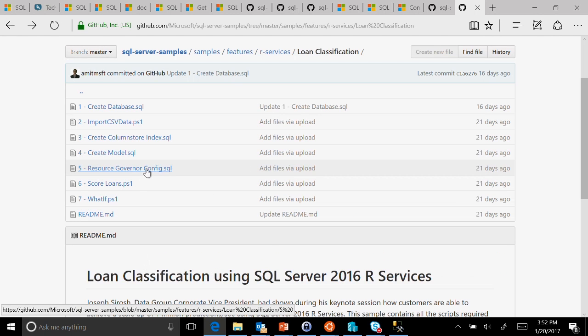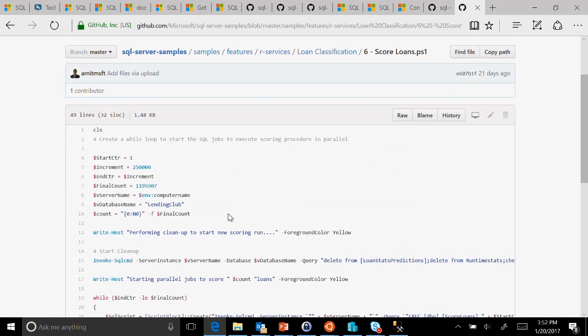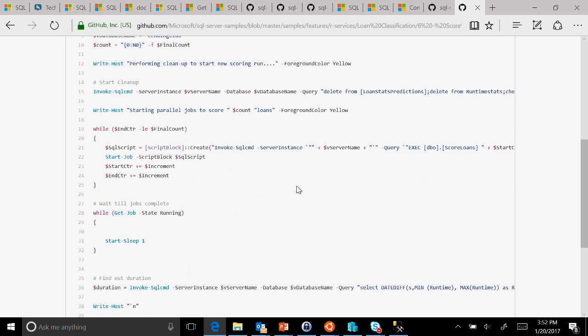So then you create the model, and then you create a resource governance pool, so R runs and it governs. And then this is the scoring, which is a PowerShell script that then you can call and look at this stuff, right? So there you are. All you need is SQL Server Developer Edition, you just copy paste the scripts in SSMS and execute them and go play with it. And you'll get familiar with R. And then you can look at some of the other more sophisticated stuff along the way.